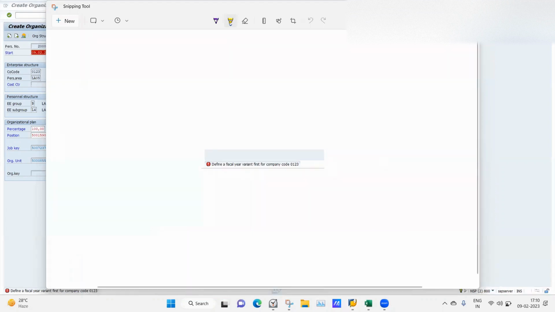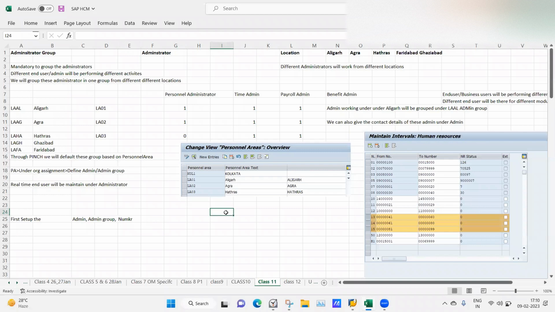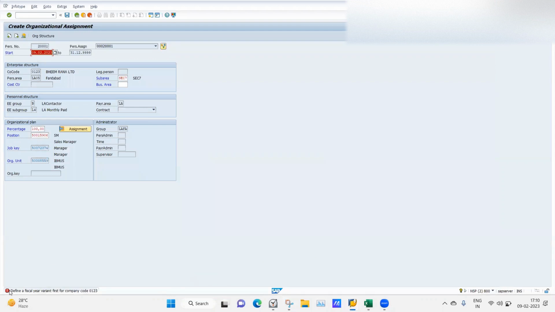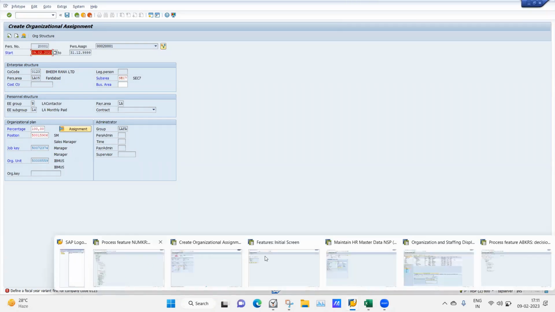Why is this error coming? I believe plan version is not assigned. No, it is not related to plan version. I think it is related to the personal area. This personal area LA05 is linked with this company code 0123. This is happening because of the company code setup. So this is not a valid